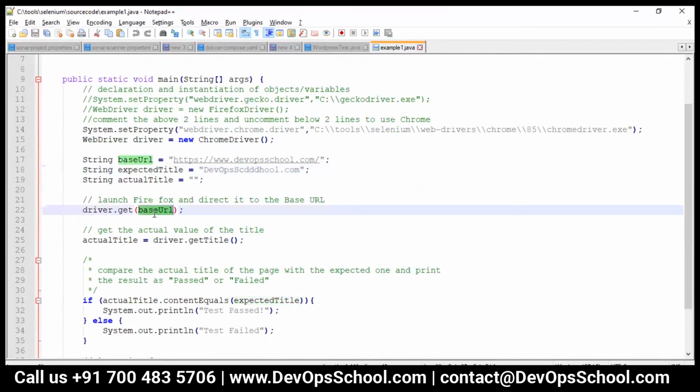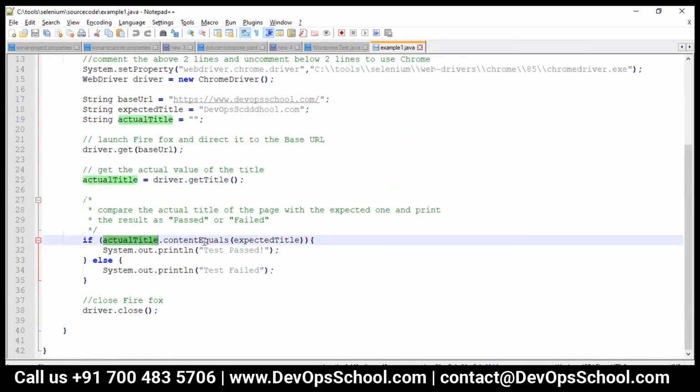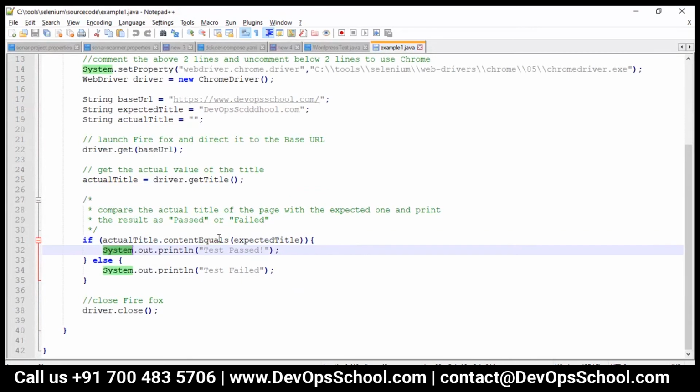Here base URL, driver.get base URL, actual title driver.get title, nothing. Here, if the actual title is matching, then the test should pass, else the test failed. Very simple logic. So now I'm just going to run it.